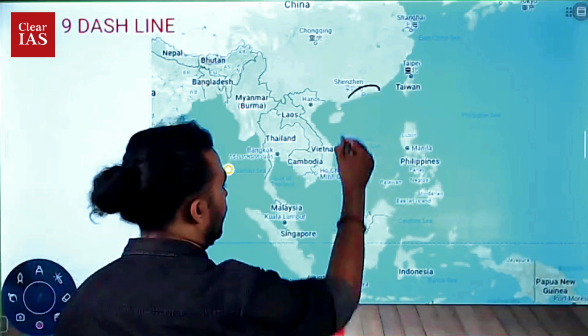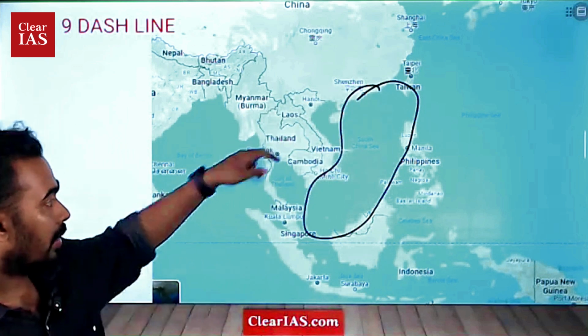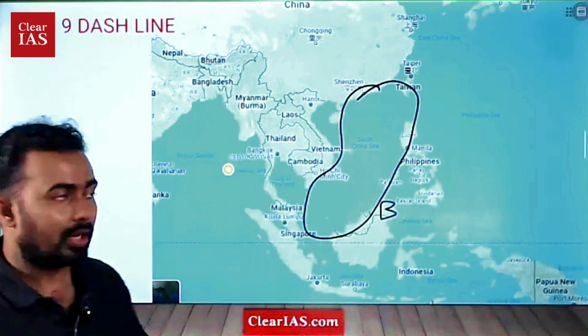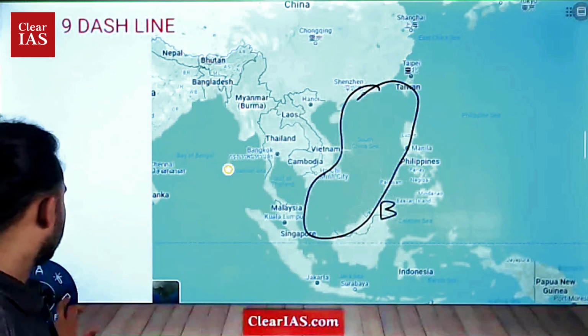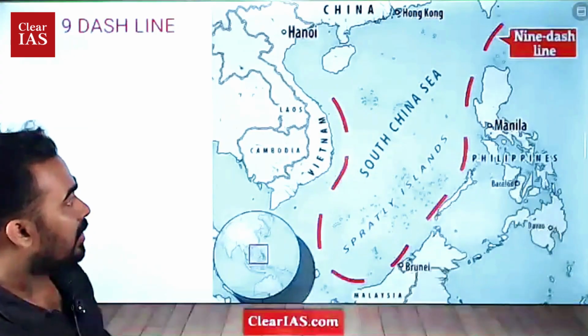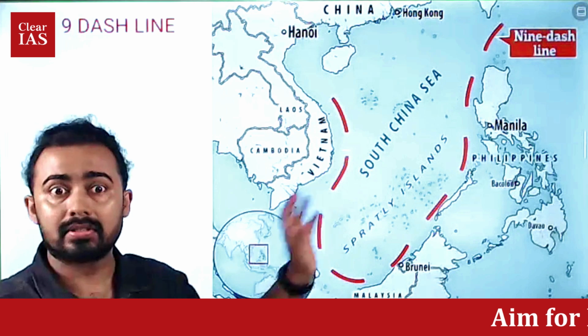They want to dominate, not just these two nations, but other nations such as Taiwan, Vietnam, Malaysia, Singapore, Brunei. So different nations want to dominate this particular region. But what is China saying? China simply drew 9 lines, and China is saying that these 9 lines and this entire region is China's. That is what China is saying.